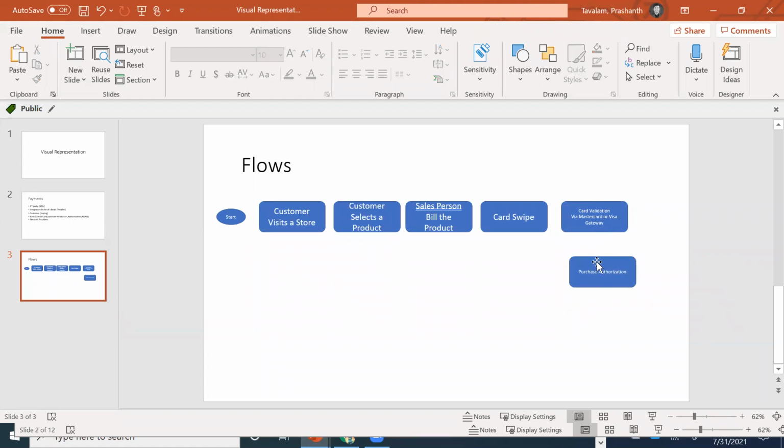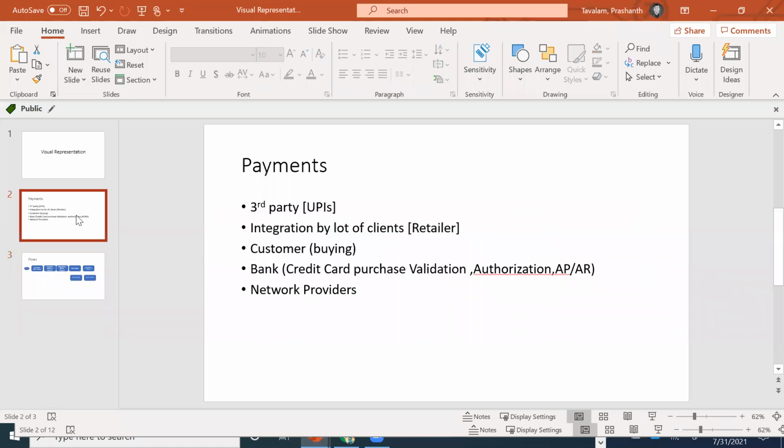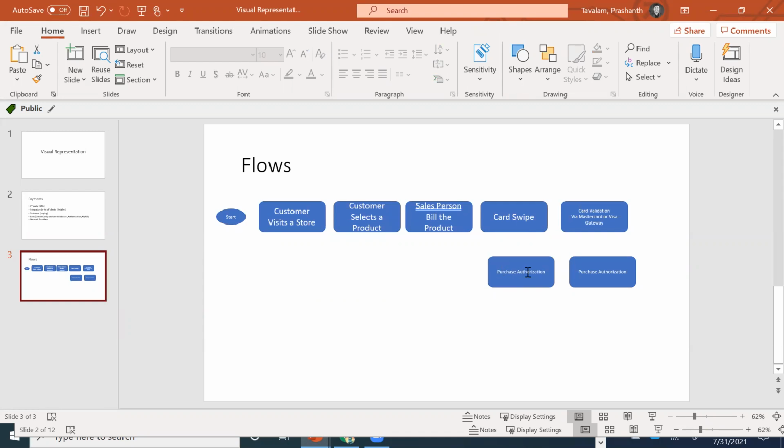Okay, after purchase authorization, there are network providers. Now that's network providers for you. After this is purchase complete.